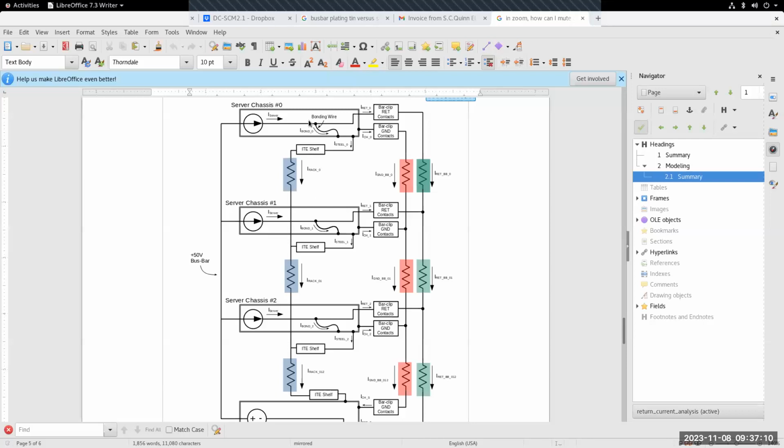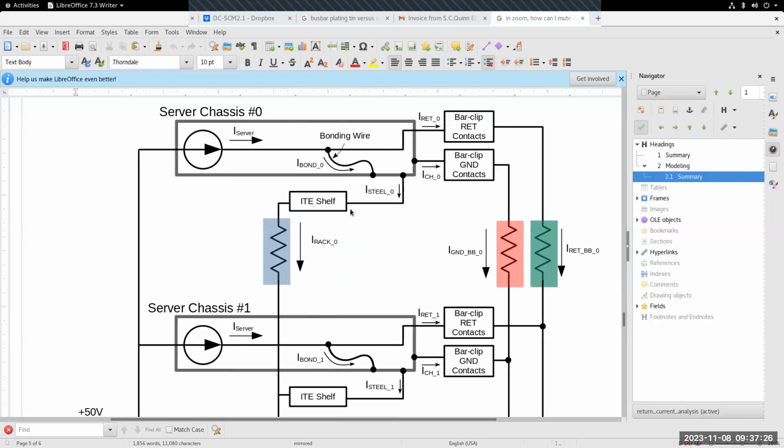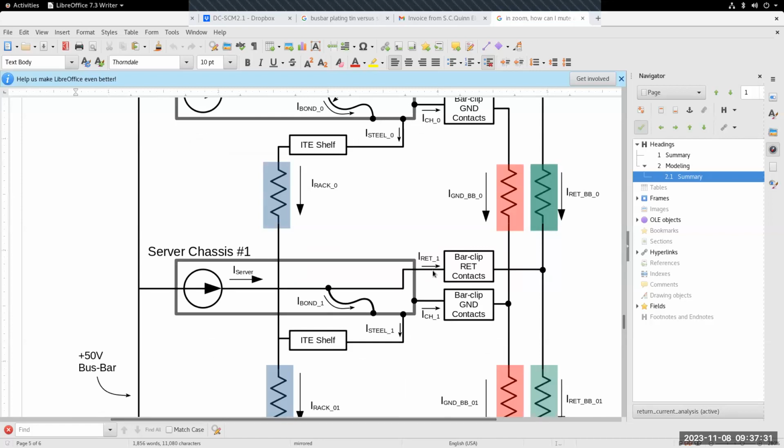But I have no reason to believe that that would be the case. I believe that if I have a bunch of identical servers, at each of these junctions the current's going to go that way, or that way. Actually, sorry, is it this way or that way? I think the relative impedances of the 3 paths are going to look similar at each server, at each junction, as I go down the rack. The absolute resistance obviously changes as you go up and down, but these 3 relative to each other are going to look pretty similar from server to server.